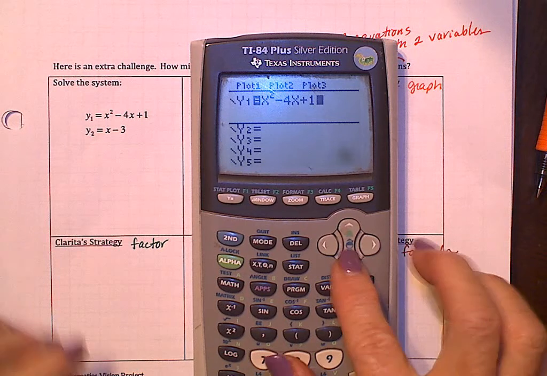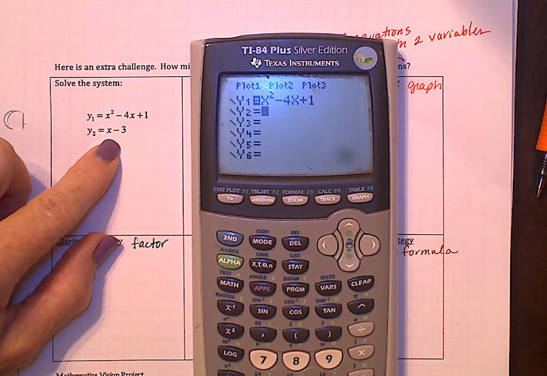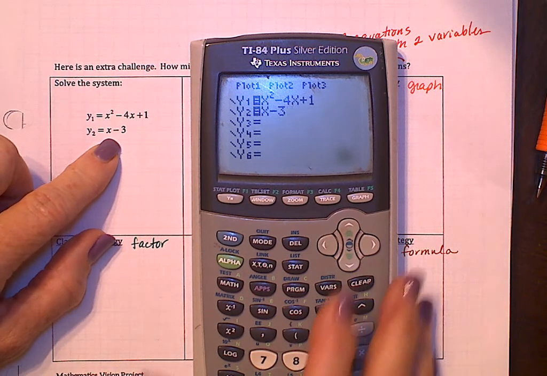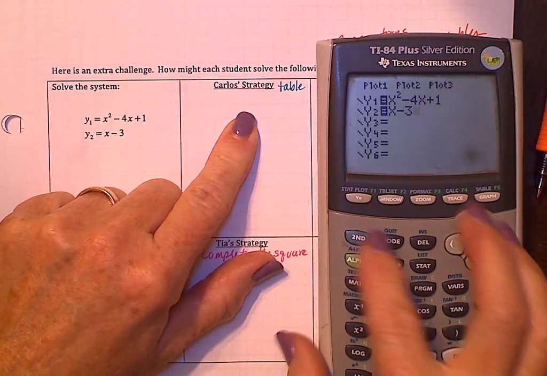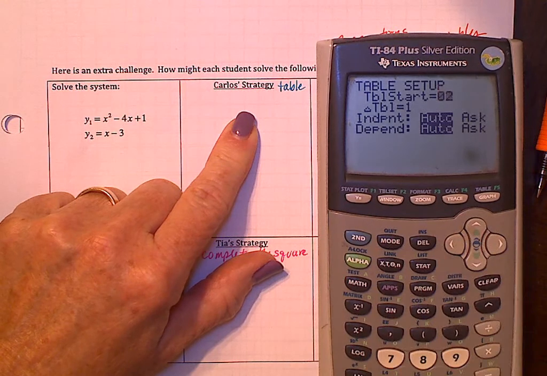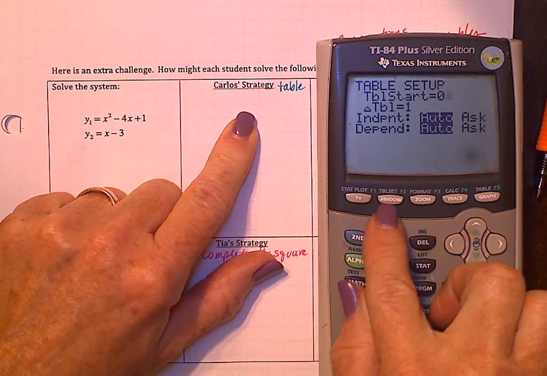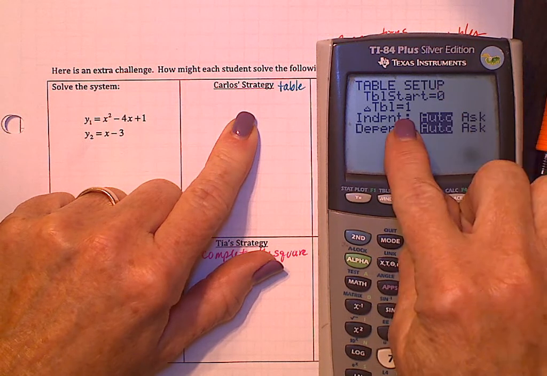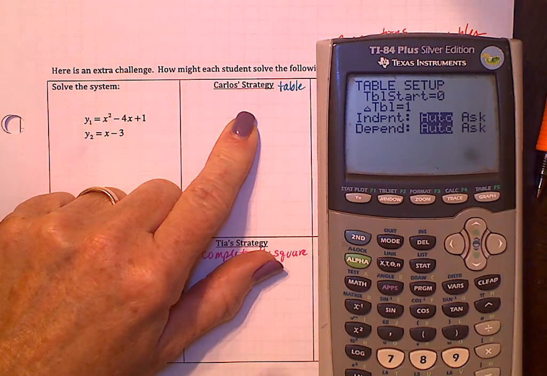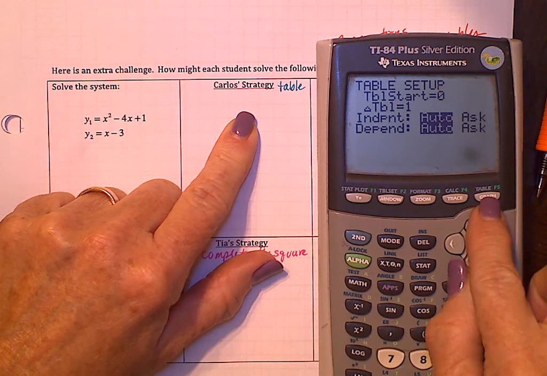And in y2 we put in x minus 3. All right, Carlos likes the table. I'm just checking my table set. I went to table set, which is second window, and I want to start it at 0. Delta table is 1. And now when we go up to table, up here,